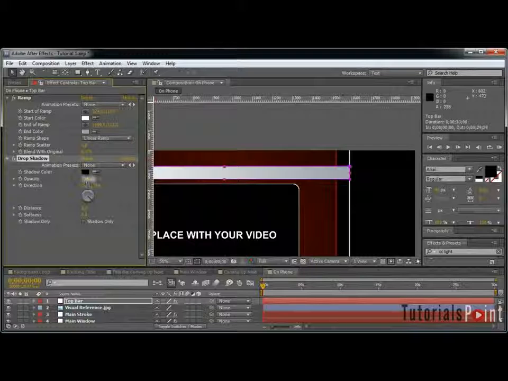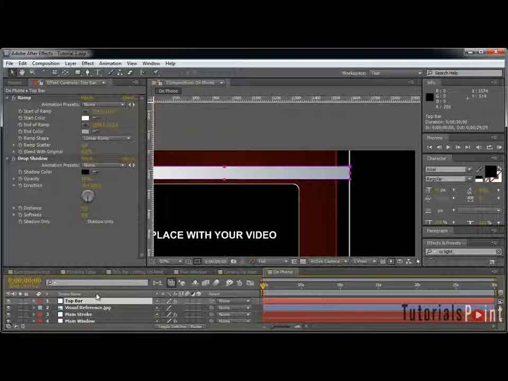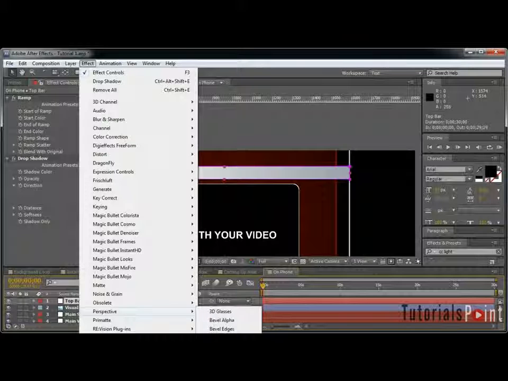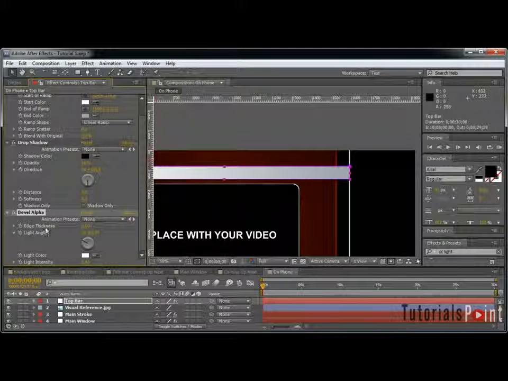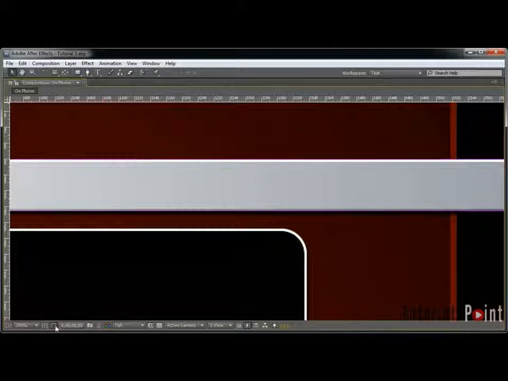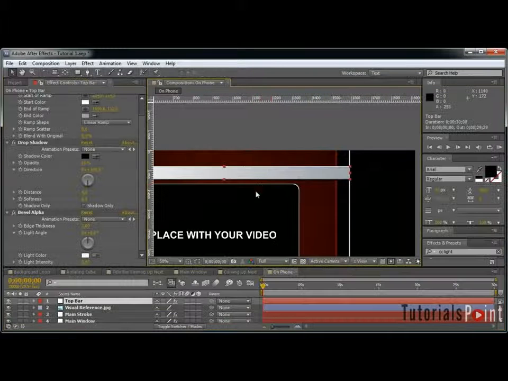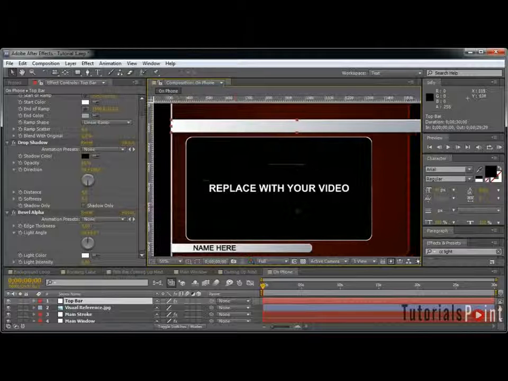So increase the opacity to 65% and set the direction to 180, and just tweak the settings a bit. As you can see, now let's apply the bevel alpha, which is going to be edge thickness 3, and probably, let's see, turn off the mask, something like that. I'm happy with the result here,